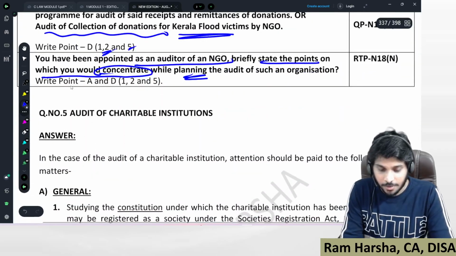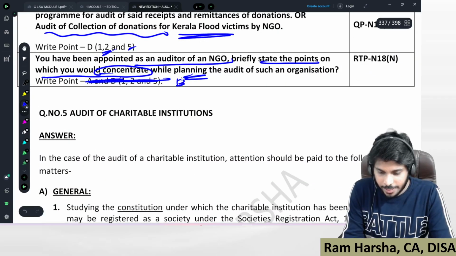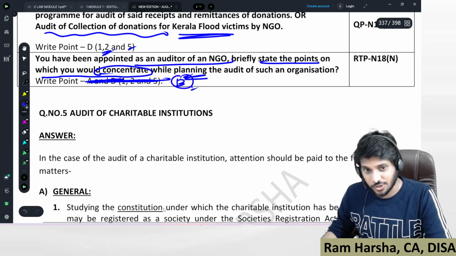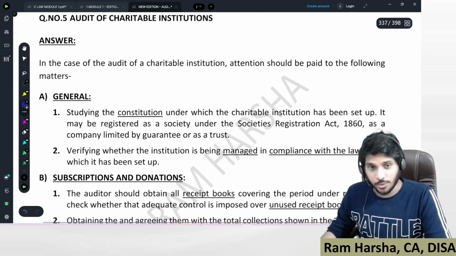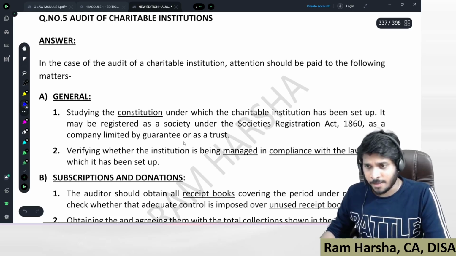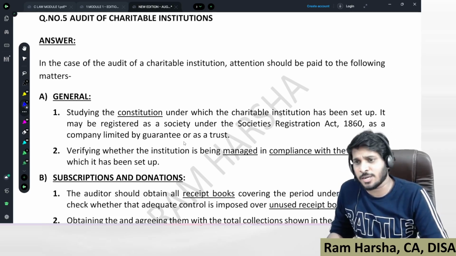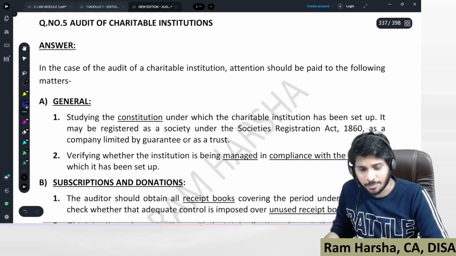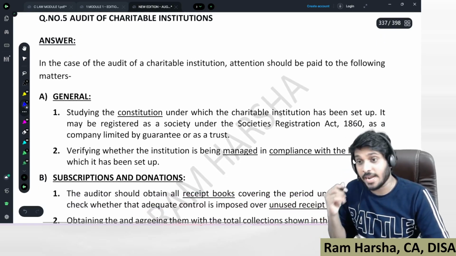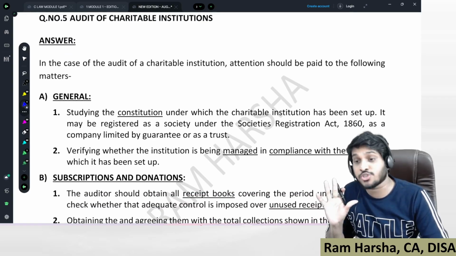It's actually point B, entire point B they are asking. That's it. So in this way, NGO audit has to be conducted. Listening to my class will not fetch you anything, just that I'm giving little practical examples. That's it. I told right at the beginning itself, this chapter and the next chapter, items of financial statements together,